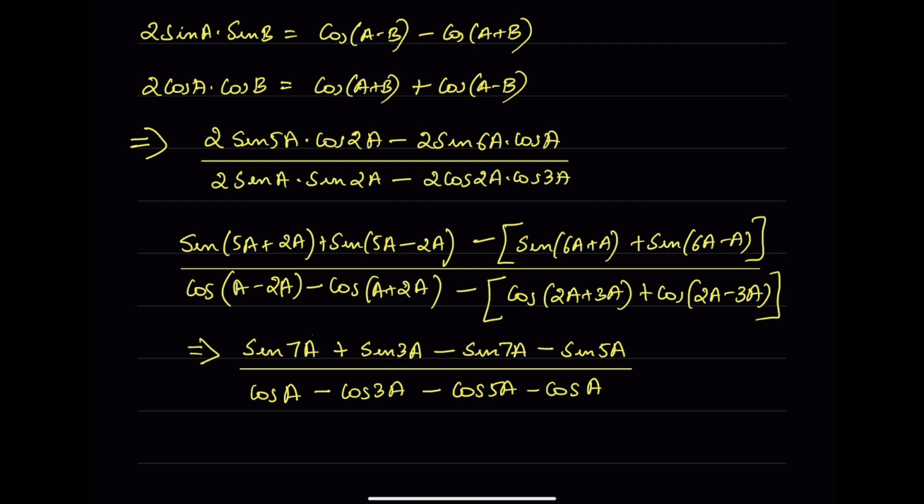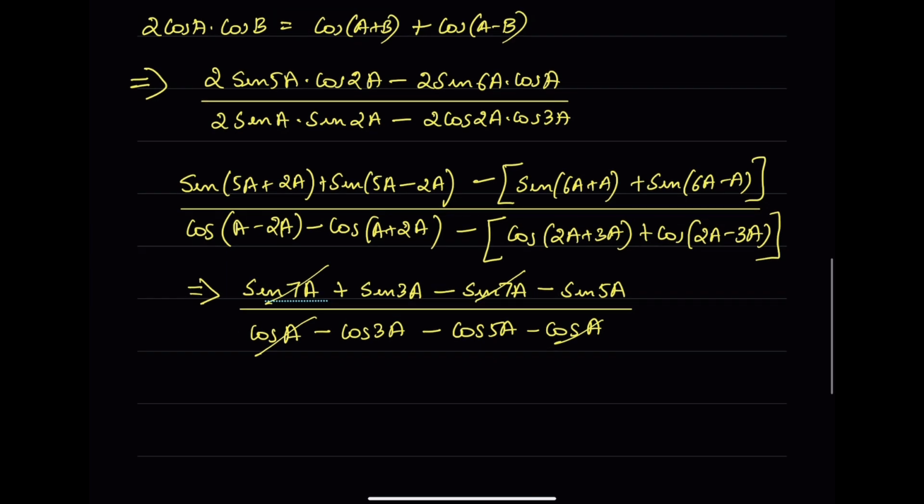So now we can cancel out sin 7a in the numerator, and we can cancel out cos a in the denominator. So the whole thing can be written as sin 3a minus sin 5a divided by minus of cos 3a